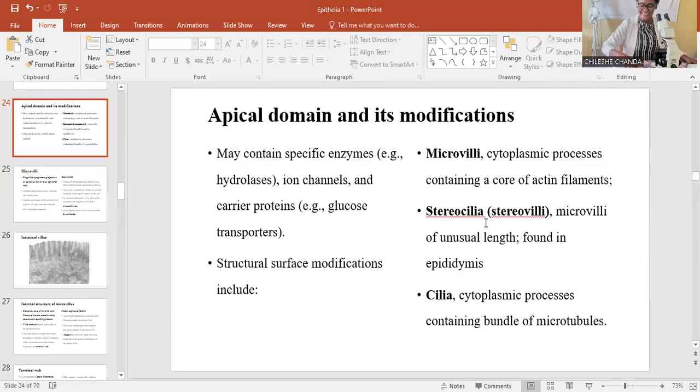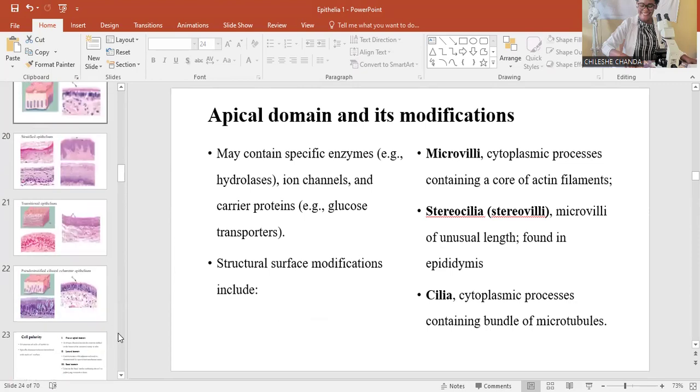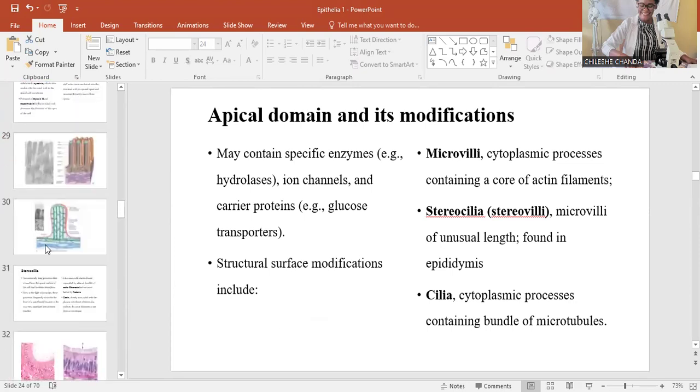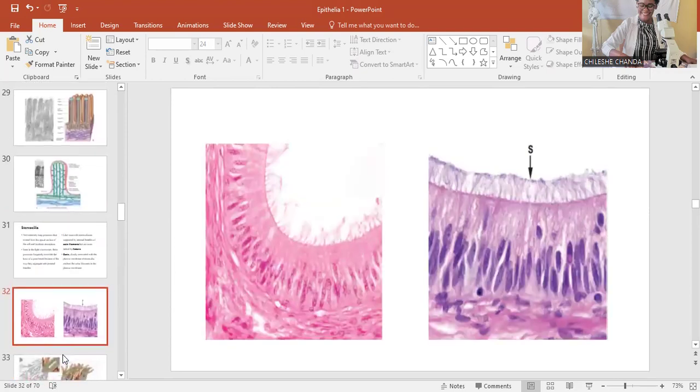And then you have stereocilia. Stereocilia is also known as stereovilli. The reason is because it resembles microvilli in the structural makeup. The internal structural makeup is like the microvilli. So where you're going to find these stereocilia would be in organs of absorption also, and some of those organs include